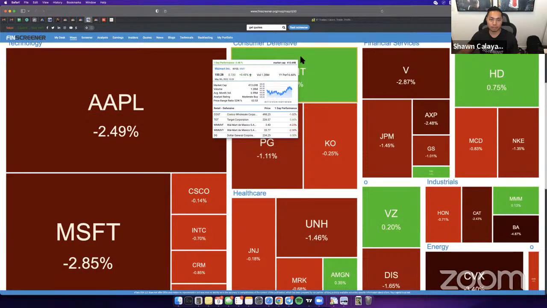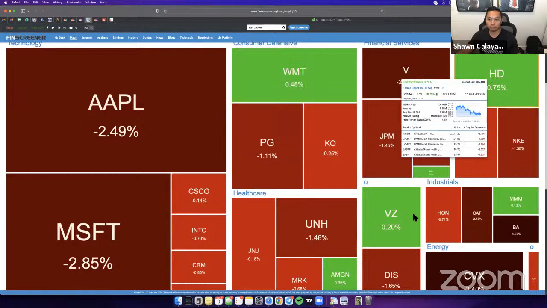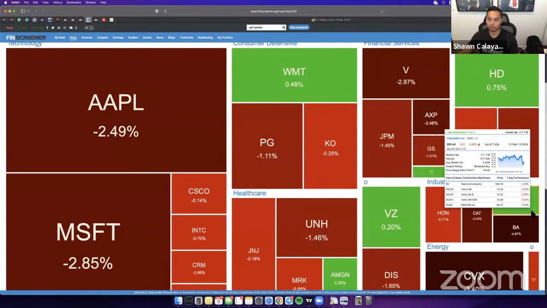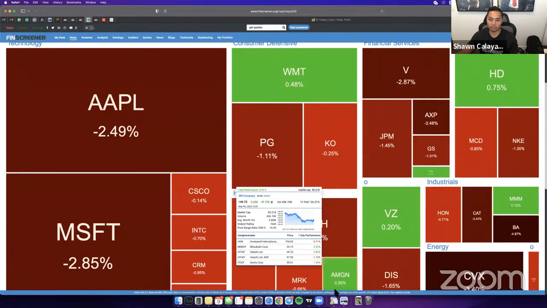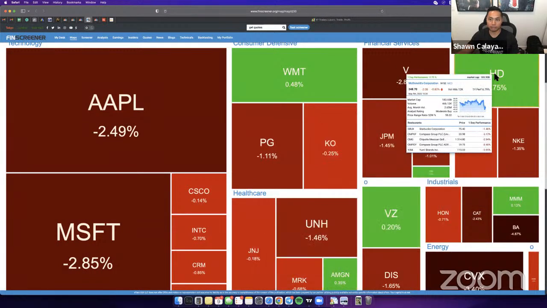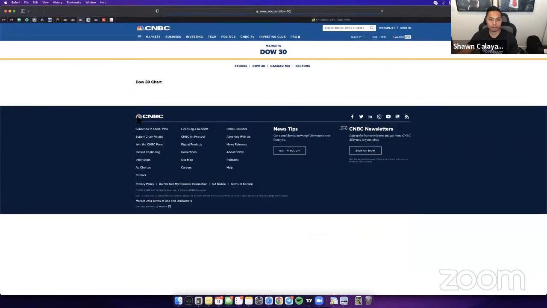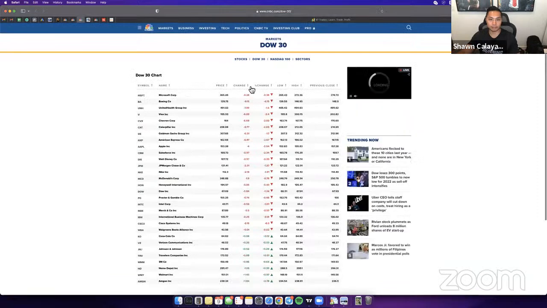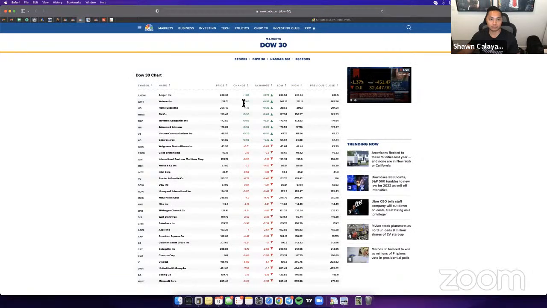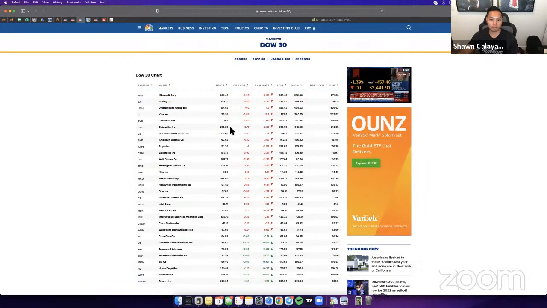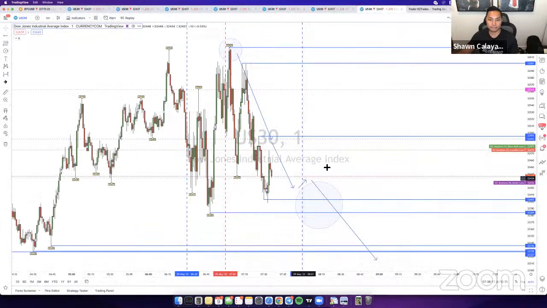Walmart's is green, but it's up less than a point. Home Depot's up 2 points. Travelers is up less than a point. Verizon's up less than a point. 3M's up less than a point. Amgen's up less than a point. The only stock here that's really green is going to be Home Depot. But even then, it's not really up that much. It's up like 1 point, right? So I don't expect that to make a big change. I mean, everything here is still very red. So overall bias here is still going to be a sell.